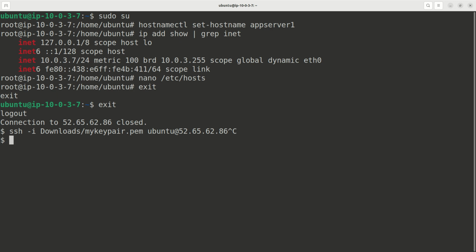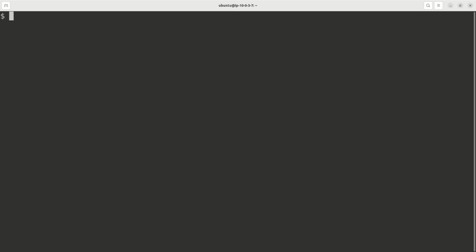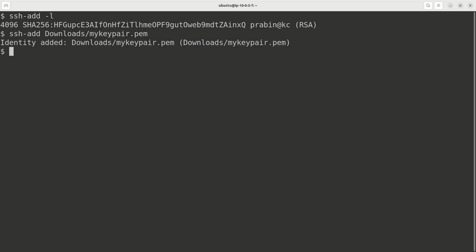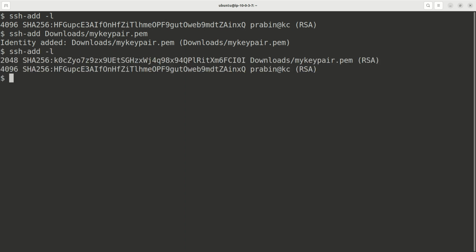I will cancel that one. If I just run ssh-add -l, it will show me the key which is currently attached with this agent forwarding thing. So I want to add, so ssh-add path to the key that we want to add, download my key pair. So it says identity added. So if I run that previous command here, I should be able to see this key pair, my key pair.pem. Now I can forward this